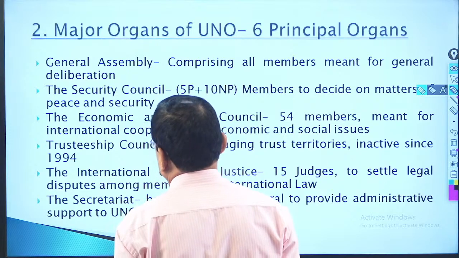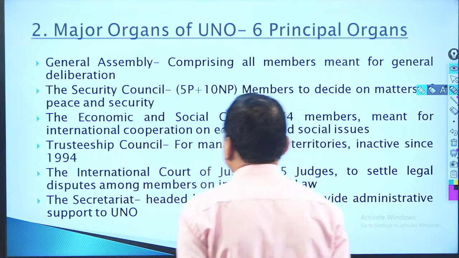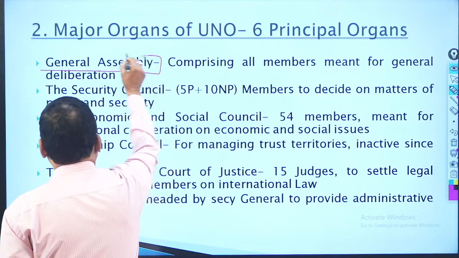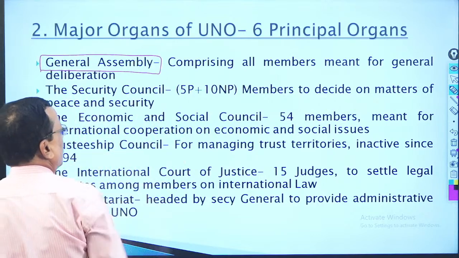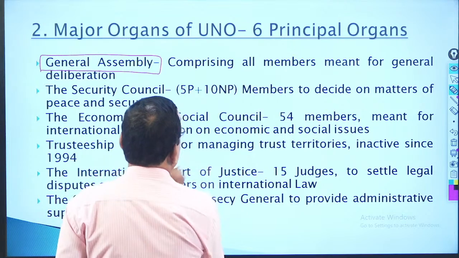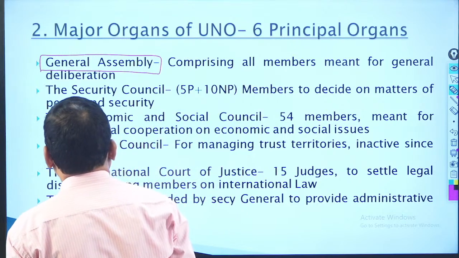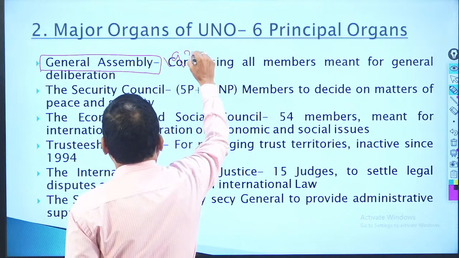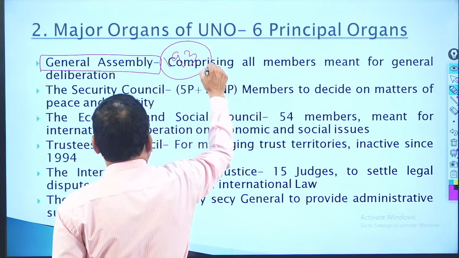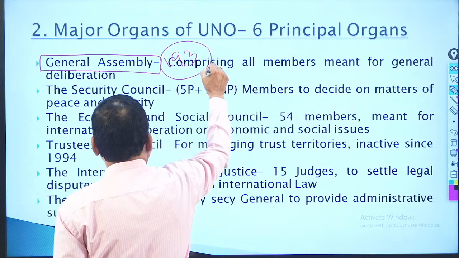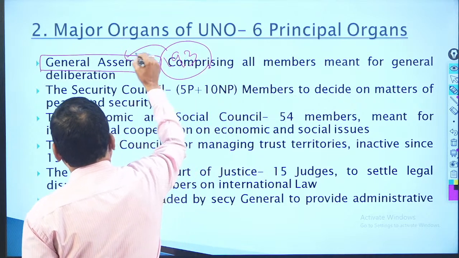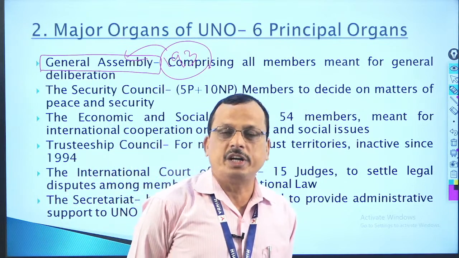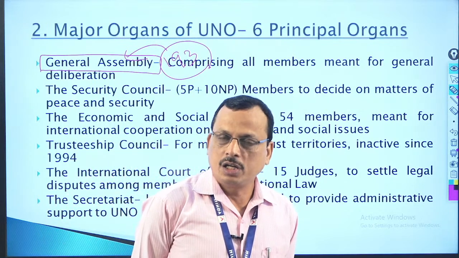principal organs. So, to start with, it is the General Assembly, where it comprises all the members of United Nations. That means 193 countries who are members of United Nations are by default members of the General Assembly, because it functions on the principle of sovereign equality. Sovereign equality